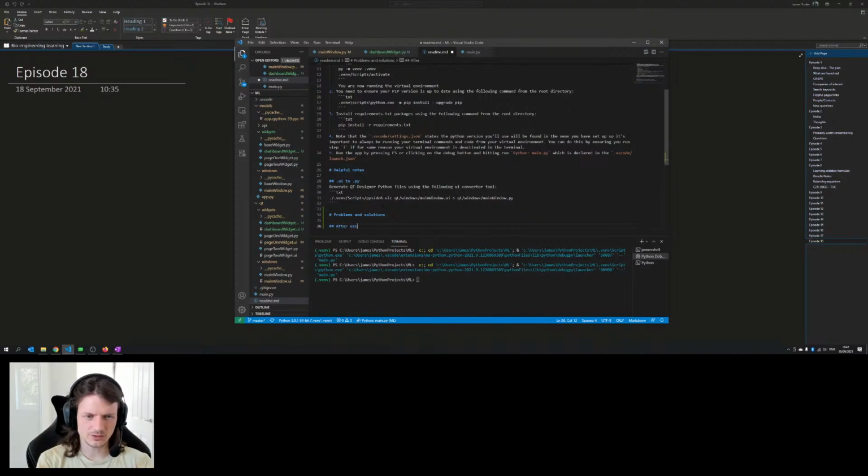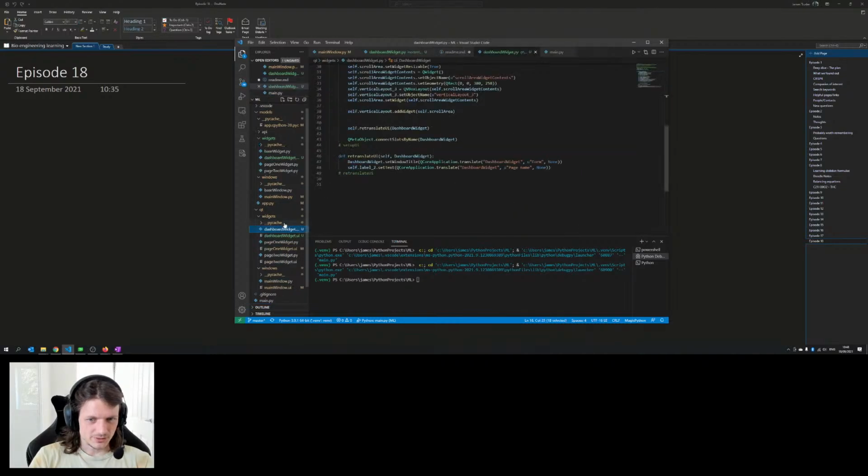After using PySide 6 UIC, the UTF format of the file is wrong. It should be UTF-8. It is instead, what is it?